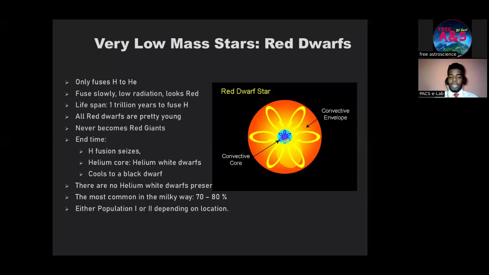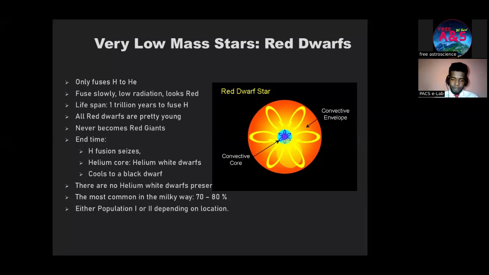The most common, there are about 100 to 400 billion stars in our Milky Way galaxy, but these red dwarfs make up 70 to 80% of all the stars. Now, these stars are also in the population 1 category and the population 2 category. I explained star population. Population has to do with the metallicity. It has to do with the stages. They understand. So the first ones are population 3, the second ones population 2, and the last ones in our